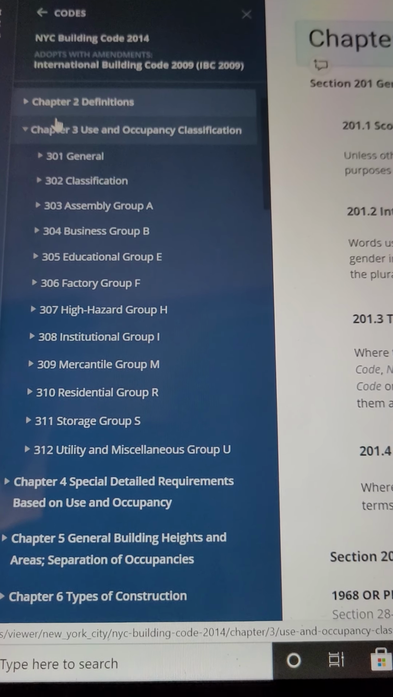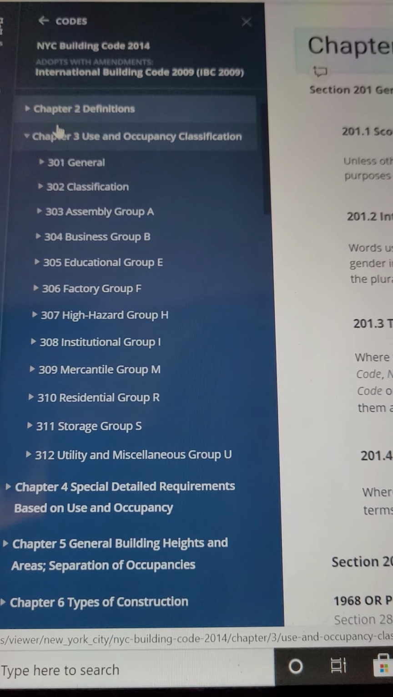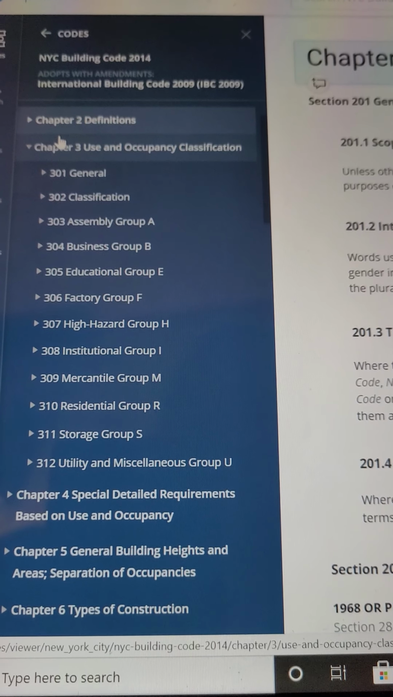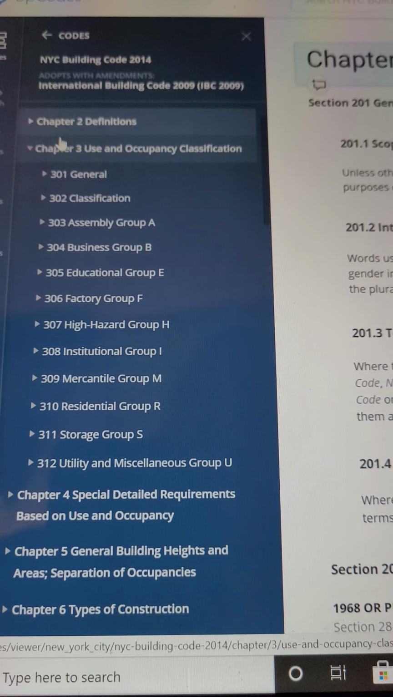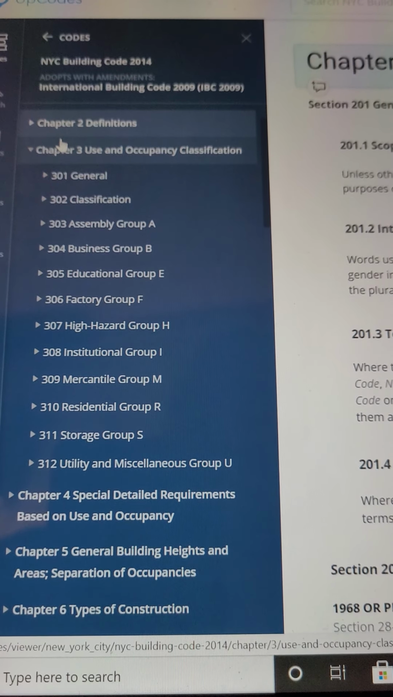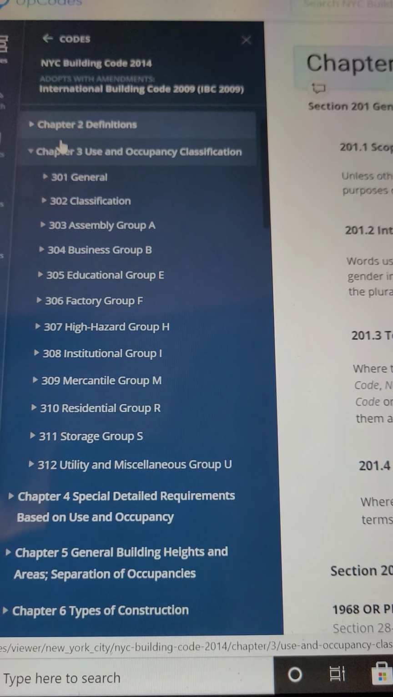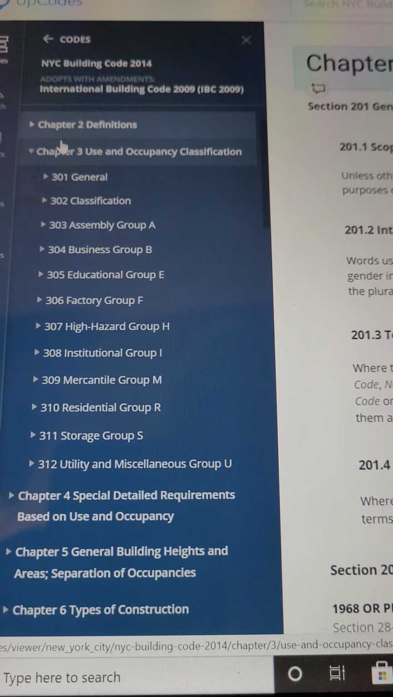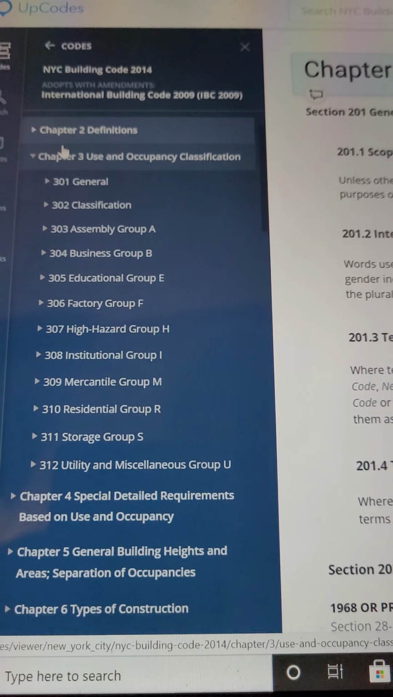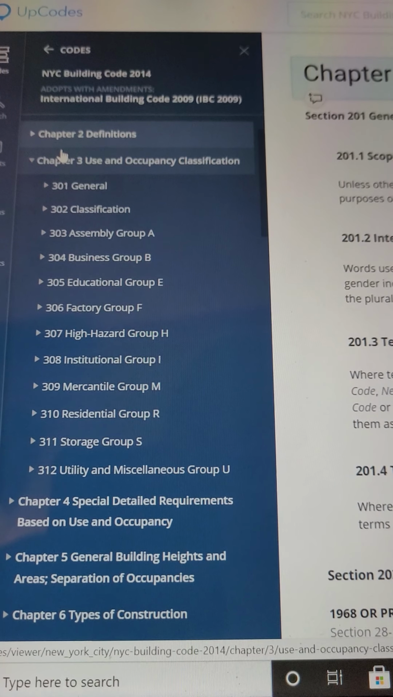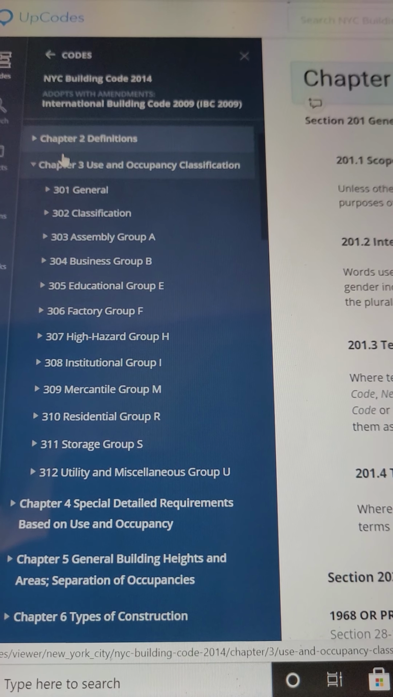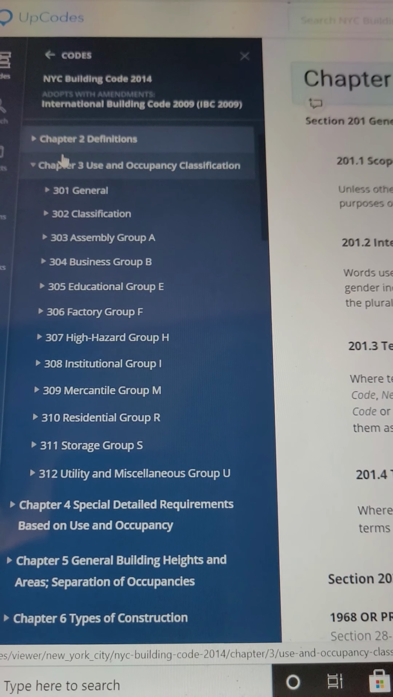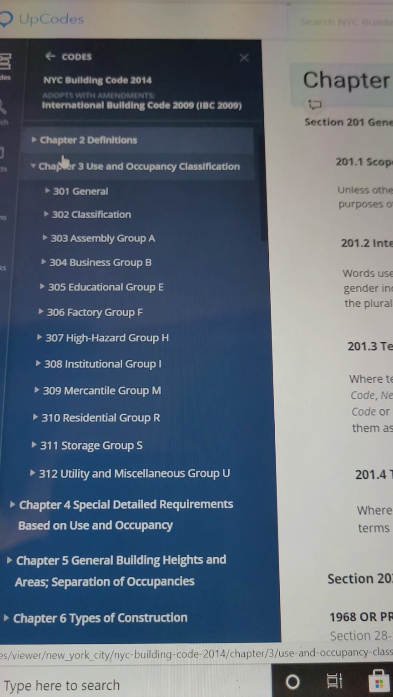Use and Occupancy Classification. 301 General, 302 Classification, 303 Assembly Group A, 304 Business Group B, 305 Educational Group E, 306 Factory Group F, 307 High Hazard Group H, 308 Institutional Group I, 309 Mercantile Group M,